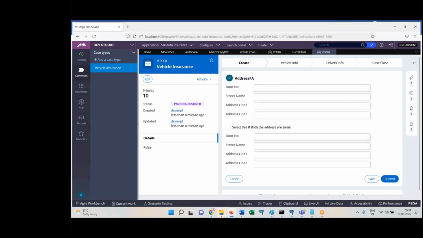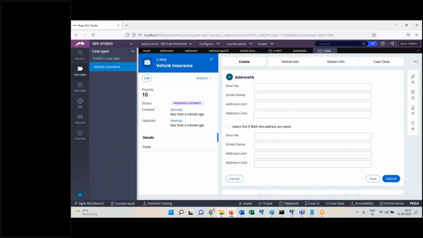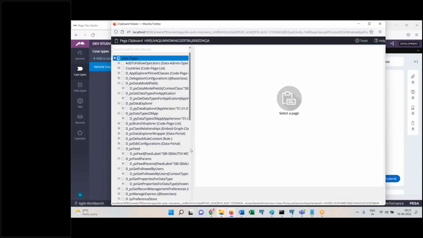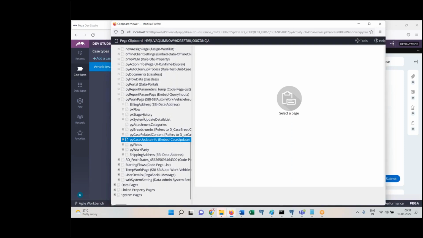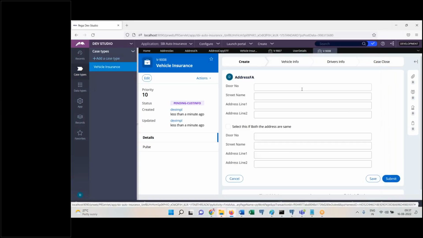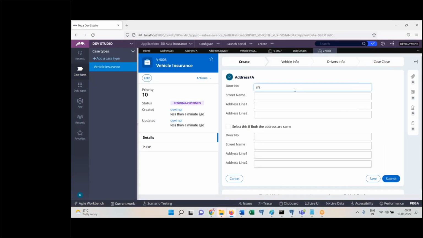Loaded. What is the reason it was loaded now? Previously it did not load. This time you see clipboard PY work page should have billing and shipping address. Billing page, shipping page created. Otherwise it would not load. While you are loading sections into another sections by using pages, then